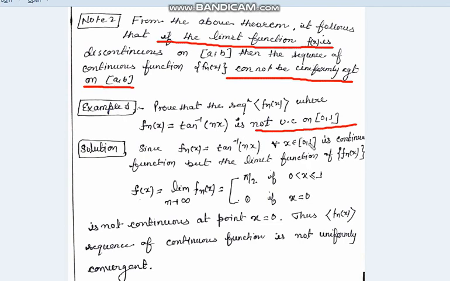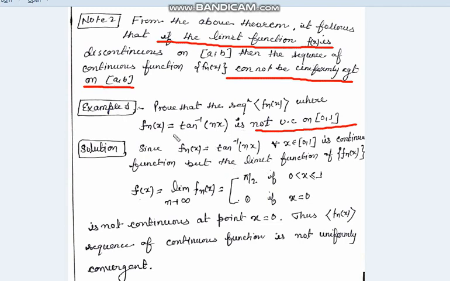Similarly, if we put x equal to 1 here, we get tan inverse n. So we get tan inverse n, and when moving n from 1 to infinity, we get a continuous function. So for all values between 0 and 1, we can see that tan inverse nx is a continuous function,